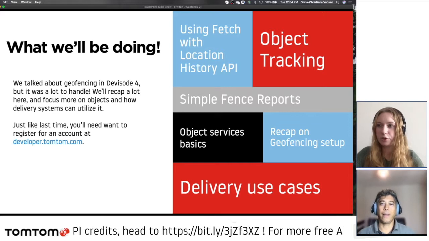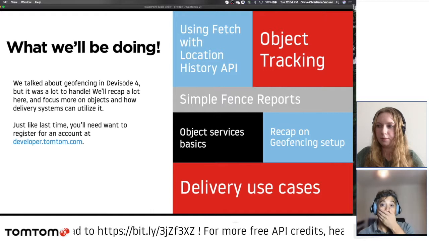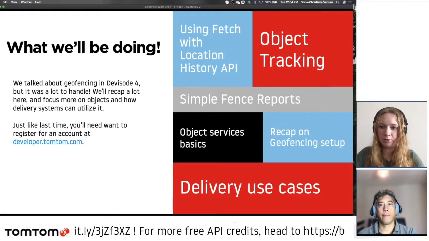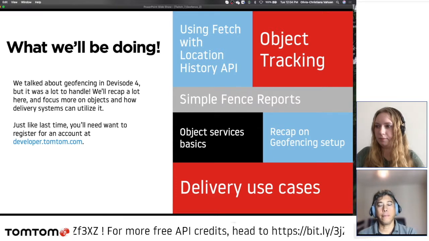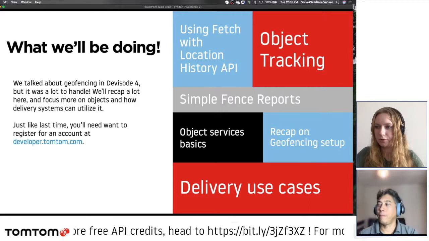So we want to streamline that and talk a little bit more about routes and everything that you can use with an object moving in and out of a geofence or moving to multiple geofences. So it's a little bit of assuming some prior knowledge, but we'll also go through what it is we did,